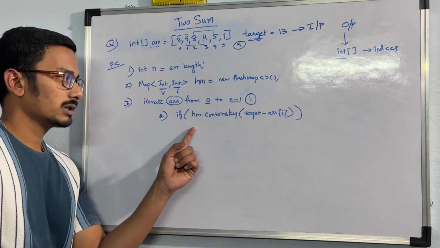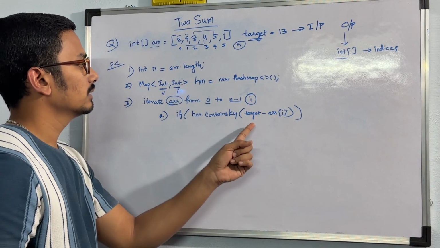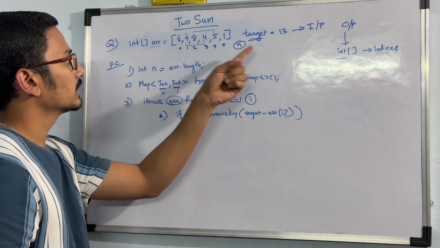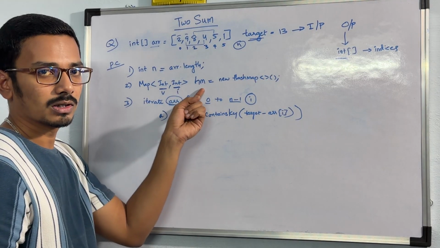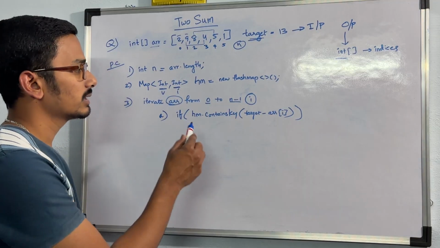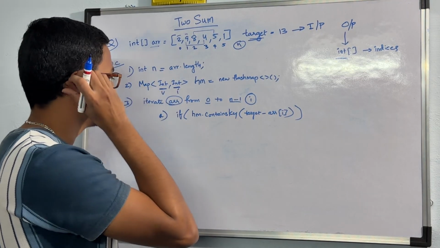What we are checking exactly in this hash map, let's say target is 13. 13 minus the first value, which is 2, is 11. We are checking whether 11 is already inside the hash map or not. If it is already inside, that means we found the solution, because